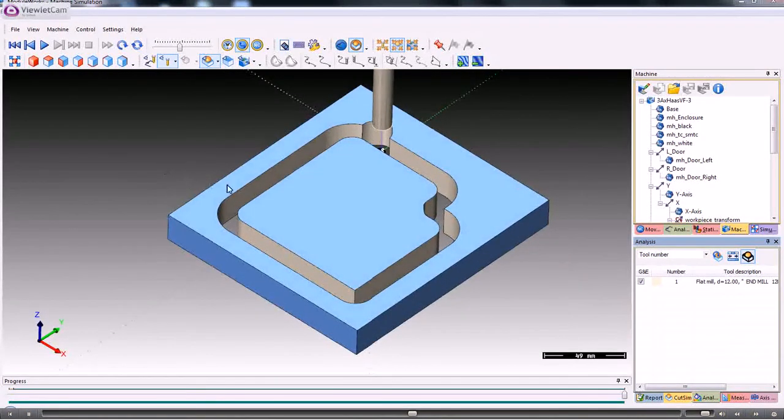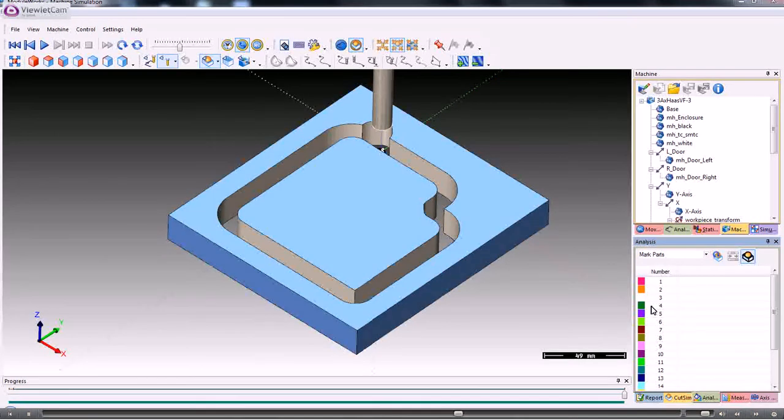Okay, so what we need to do is use the Analyze tab here, and then from the pull down menu choose Mark Parts. Now what that will do is it will then mark the various parts. So this is exactly the same as can be used for milling or for wire EDM if you wanted to view just the slug or just the die part of the shape. So the Analyze gives you the facility to mark the parts so that the two parts are separately identified, and